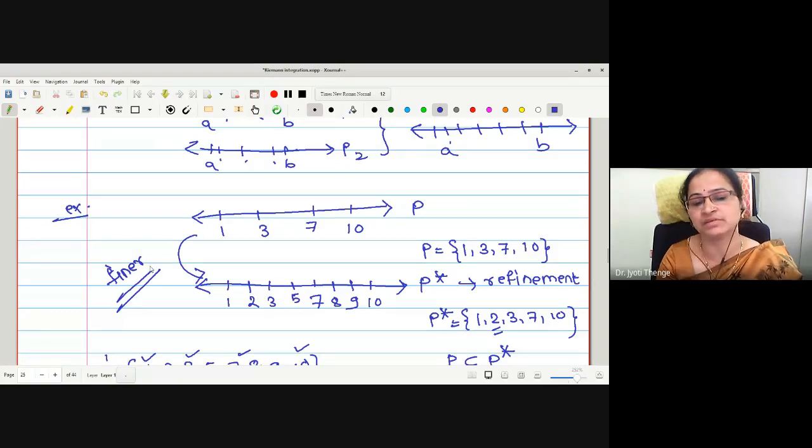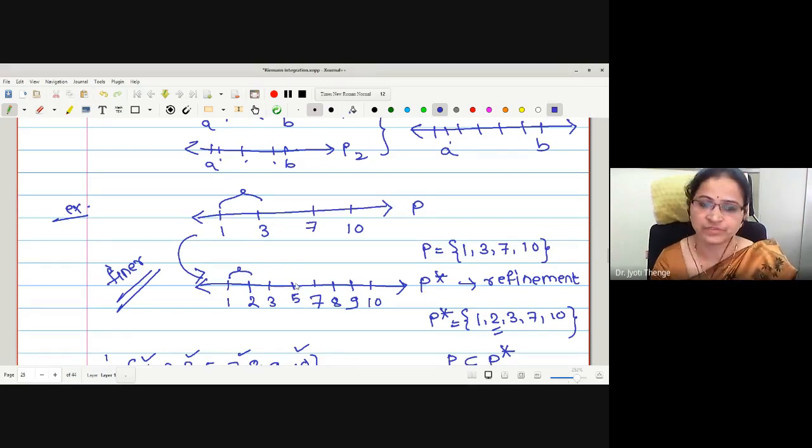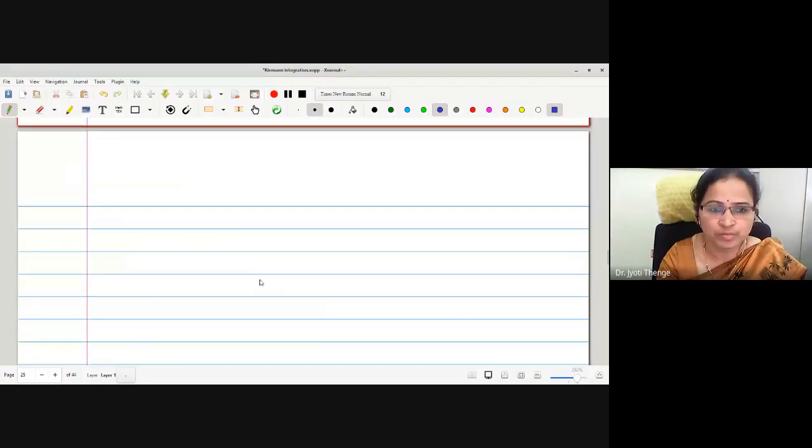Subintervals, length of the subintervals made finer. Fine means thin, na? If I take the actual word to word meaning of the word fine, then fine means thin, na? Okay. Therefore, if I take the length of this first subinterval and compare it with the length of this first subinterval, may I say the length of subinterval is reduced. Therefore, the length of the subintervals included in the partitions is becoming thinner and thinner, finer and finer. Therefore, increasing the number of points in the given partition, we will get the refinement of the partition.